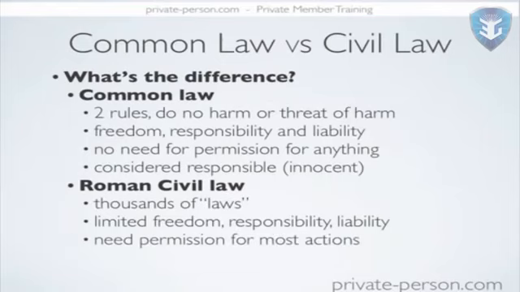So they train us in the Roman civil law by teaching us to be these things and to ask permission for most actions. If you need permission for it, generally speaking, it's a Roman civil law process. And generally speaking, you don't need permission for it to operate within the common law. Now, again, we are trained and punished if we don't get permission, even if we know somewhere deep within us that we really shouldn't need to, but don't know how to apply it and defend it within the common law. We're generally considered irresponsible and guilty within the civil law. Once you're under a particular act with a license or a permit, effectively you're guilty until proven innocent.